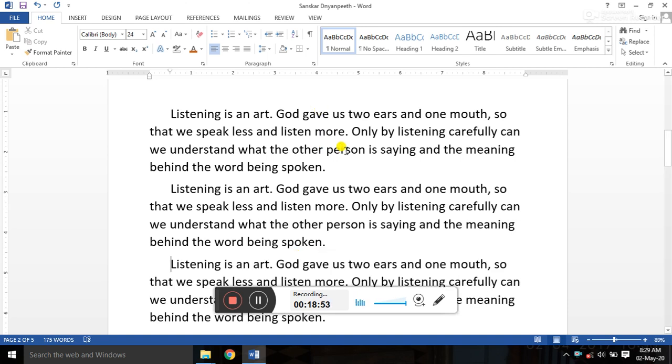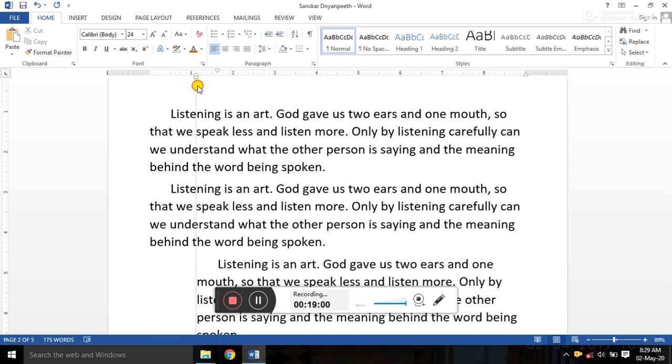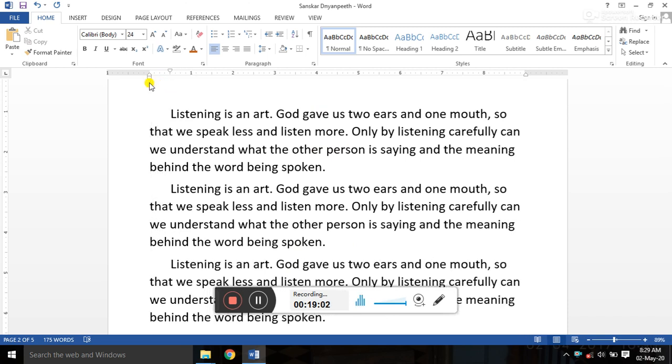Now student, you observe here that this is called the indent or left indent, and this is called the right indent. Now if you observe, while typing the text, these 3 words are in a single line. But you observe here that none of the words follow a straight line.